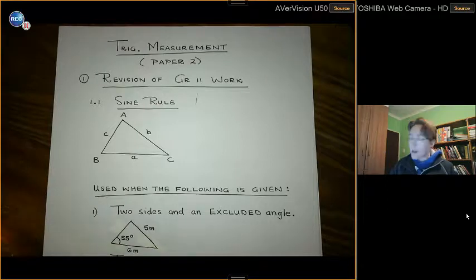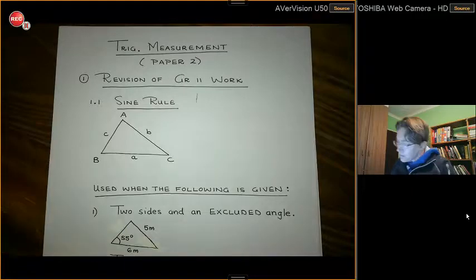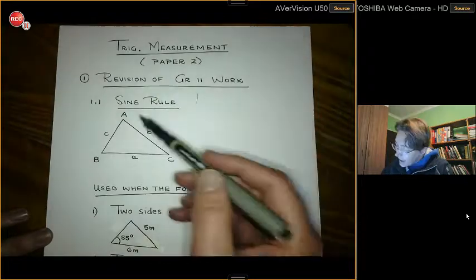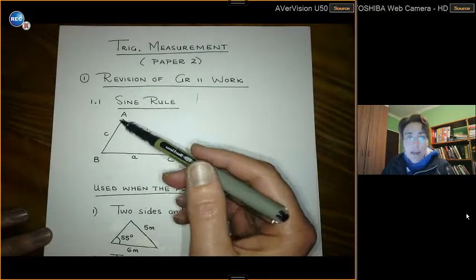Before we can get to the grade 12 work, we first have to do revision of the grade 11 work. In the revision of the grade 11 work, we pretty much just refer again to the sine rule, the cosine rule, and the area rule. So let's get started. Now the sine rule says in any triangle, not necessarily a 90-degree triangle,